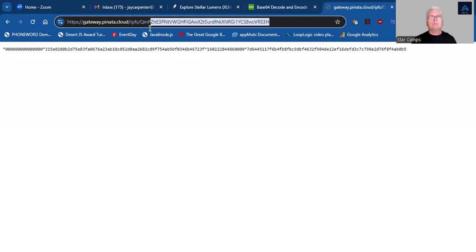So this part is the IPFS content ID, and I'm just using the Pinata gateway in order to pull up the chain, the StarChain.